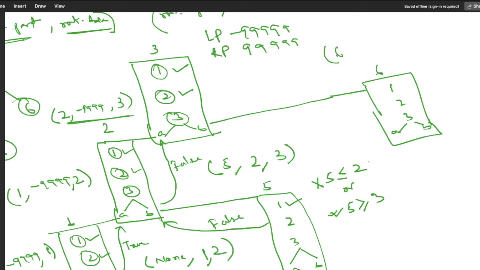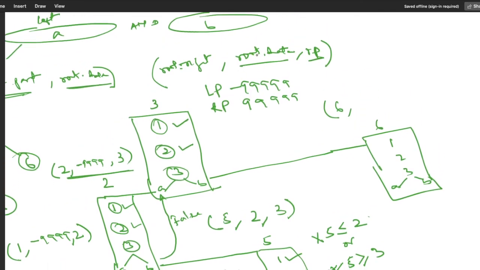So the root value is 6 and the left part is root dot data. Root dot data for this node is 3, and the right part is the right part itself. For this node the right part is, suppose, 9.